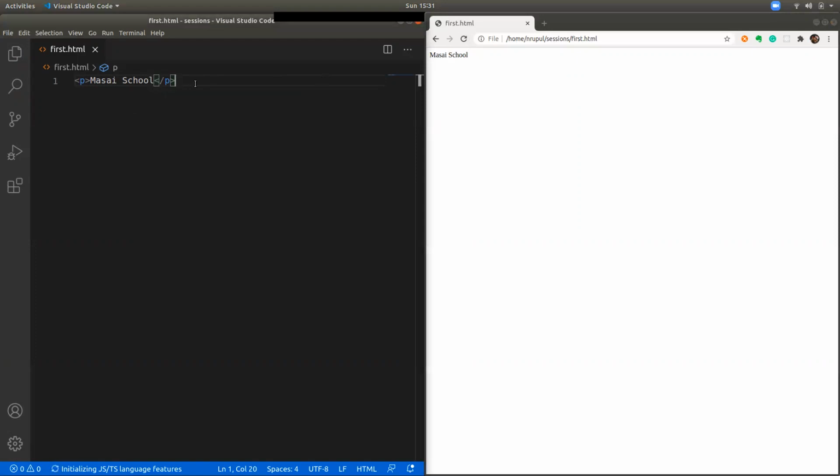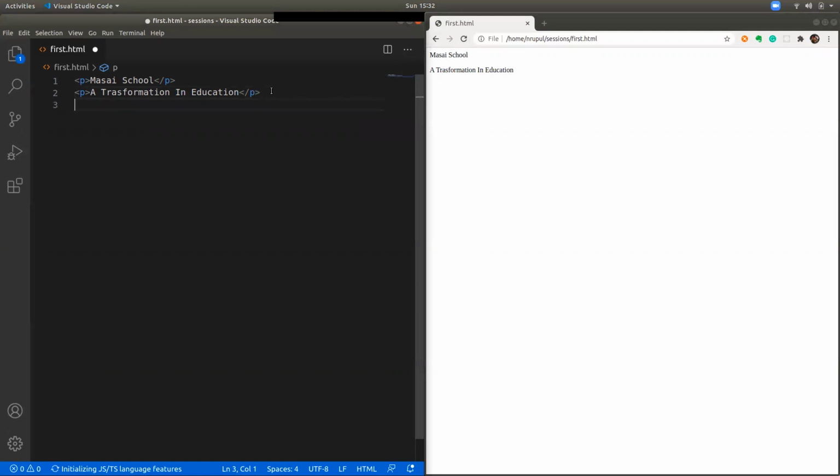Now, if you want to create one more paragraph of content, you can create it the same way. You put the P starting tag, and the editor is automatically closing it with an end tag. It's a good approach to close the tag as soon as you open it, so that you avoid confusion when you have multiple tags. So let's say now I write our tagline. So now if I reload this page, you can see it appears in a new paragraph.